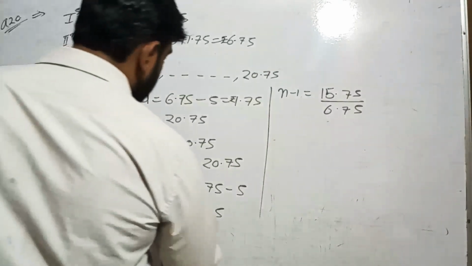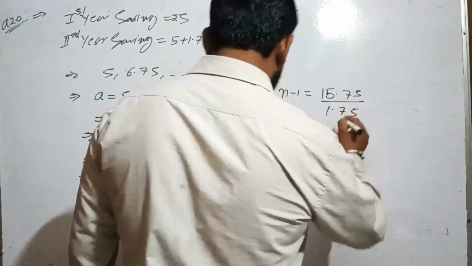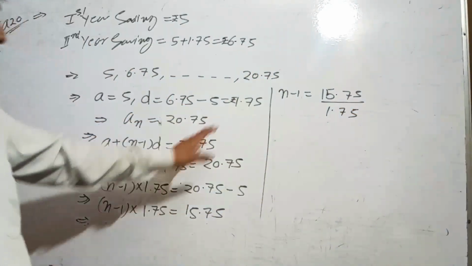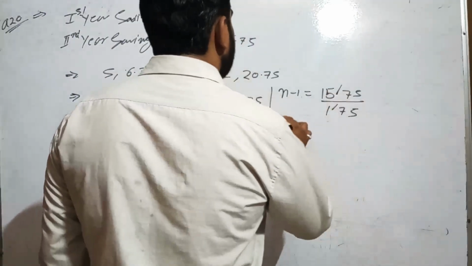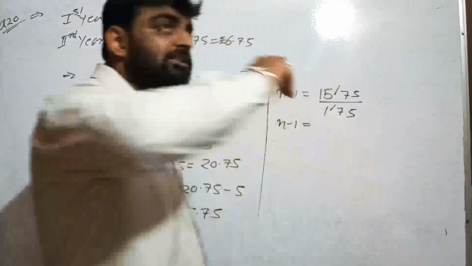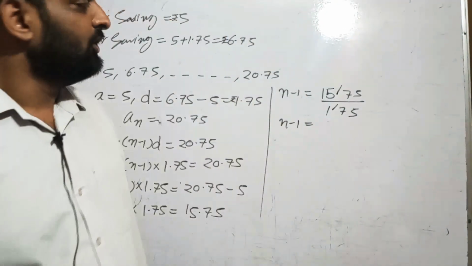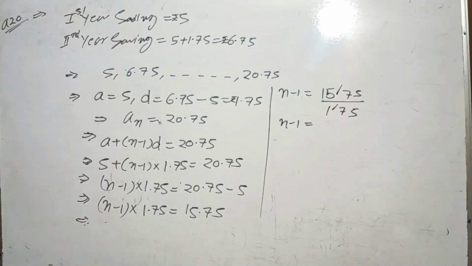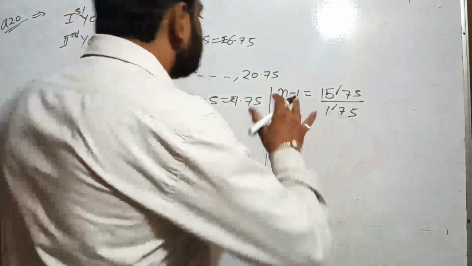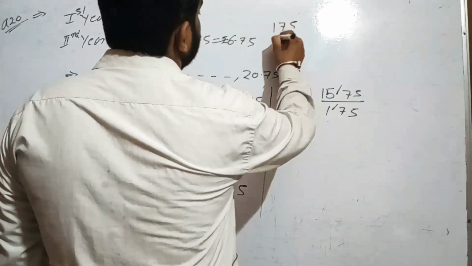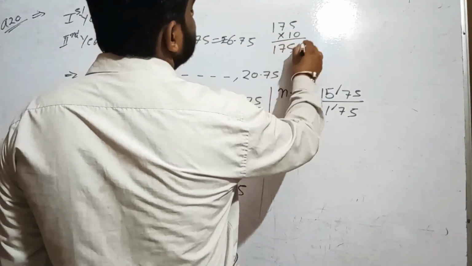So just concentrate on your question, students. The d is here 1.75, so we have to subtract. The decimal is cancelled out by the decimal, so 15.75 is divided by 1.75. So if we multiply it over there, what do we get, students? Simply you have to multiply 175. If we multiply by 10 times, that is 1750 there, but